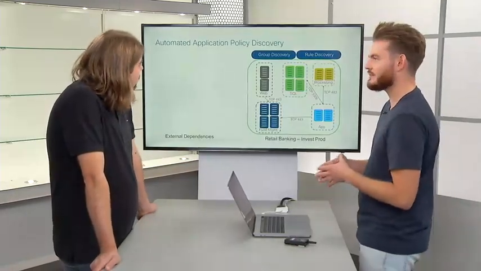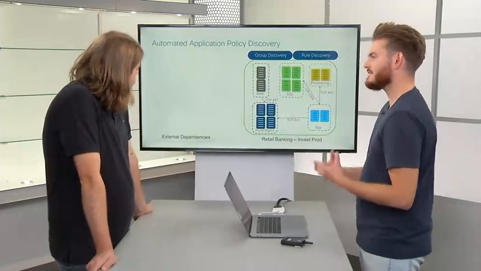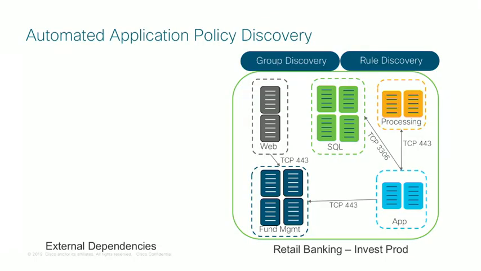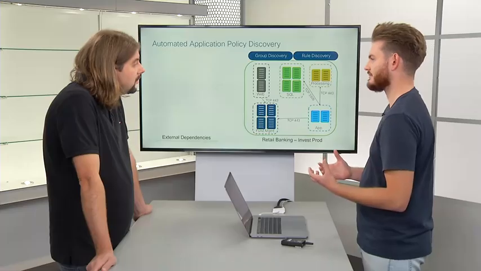So the first thing that we begin to do as that process data, as that flow data comes into Tetration, is identify exactly what the structure of your applications look like. Which workloads should be grouped together based on their similarities. And once we've done that grouping, exactly who they should be communicating with.